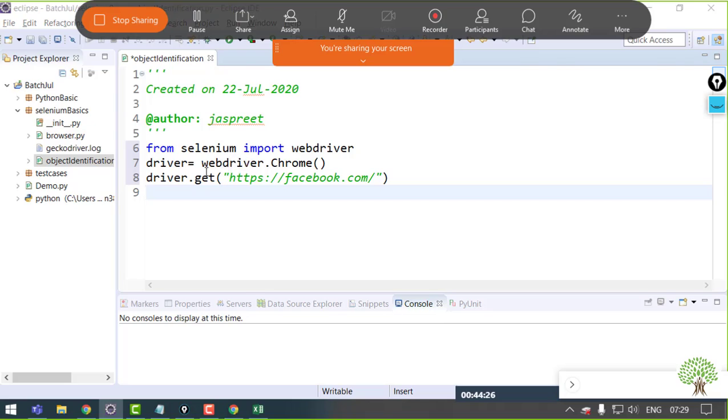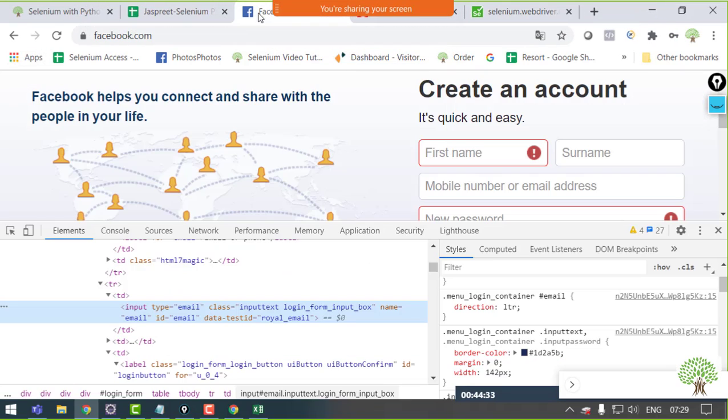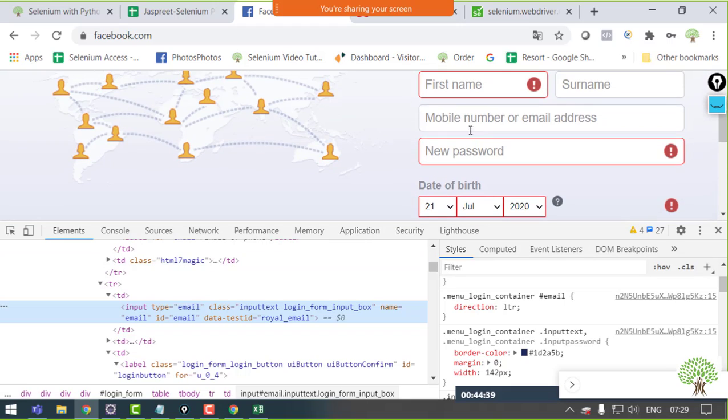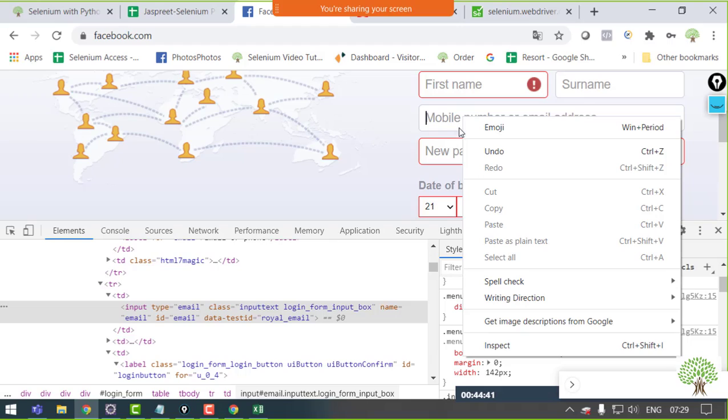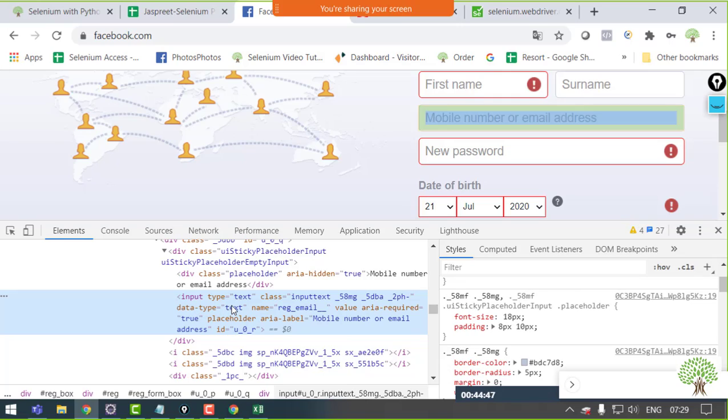Once I am at that URL, I need to extract an element on this web page. For example, let's say I want to extract this mobile number text box. I'll inspect it and look at the attributes it has. It has a name, it has an ID.